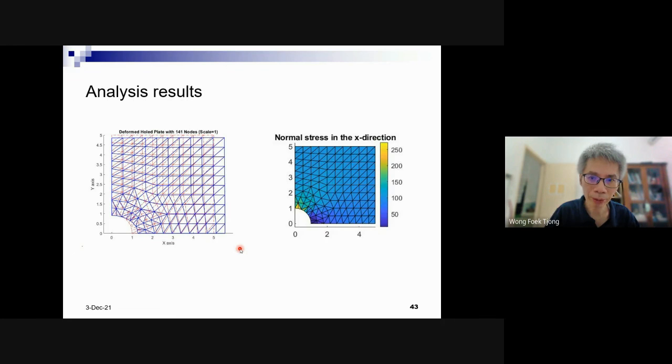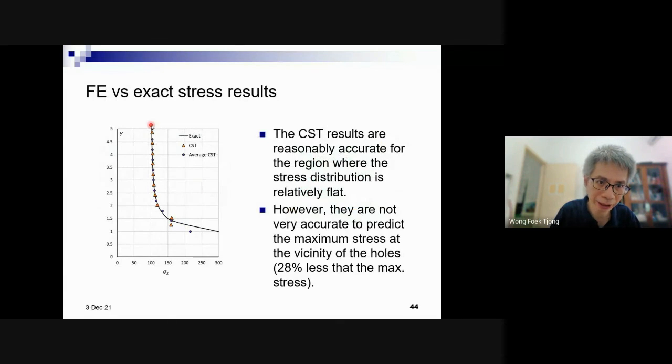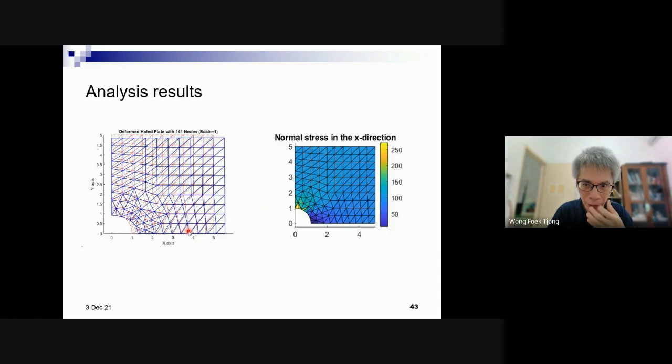This is a problem of high stress gradient because you see initially it's just flat, and here the stress suddenly becomes very fast, increasing very fast from 100 to 300 near the holes. So near the holes, actually we should use a finer mesh. We should divide more using more mesh. Here we don't need to refine the mesh, but here yes, we need to use more mesh. Okay.